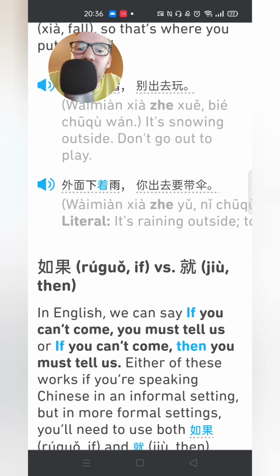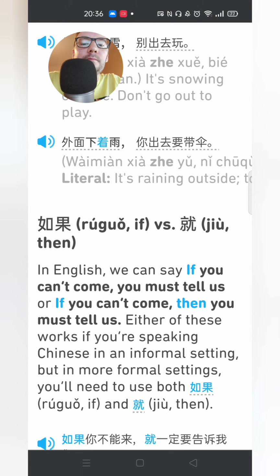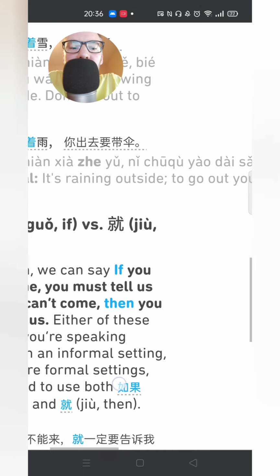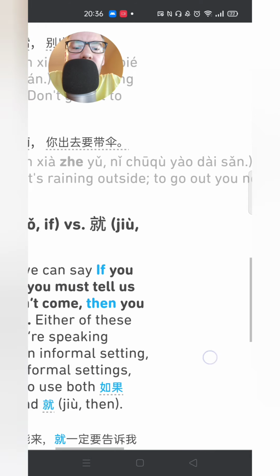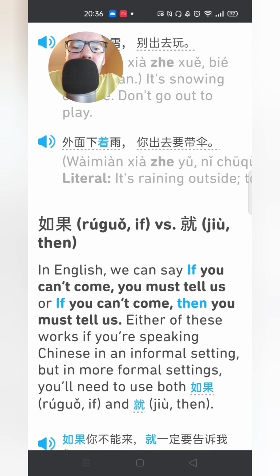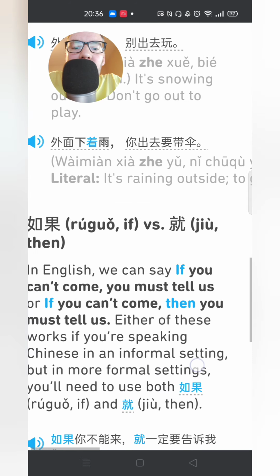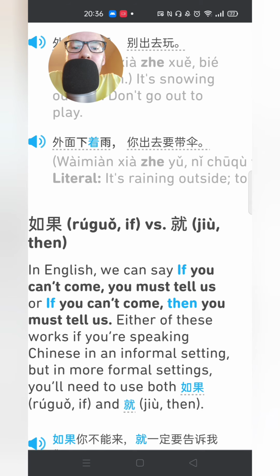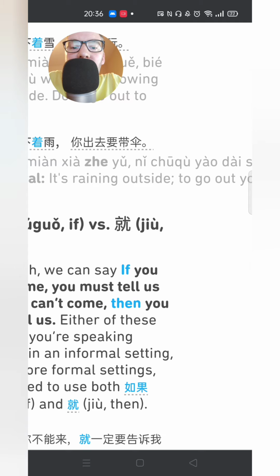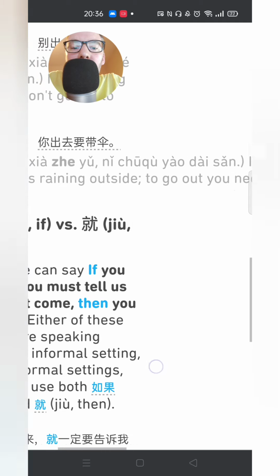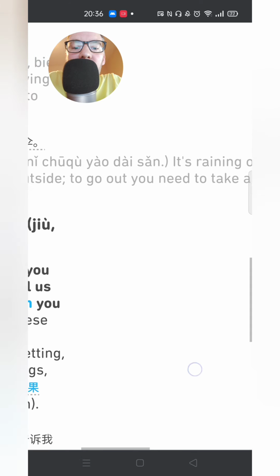It's snowing outside, don't go out to play. 外面下着雨, it's raining outside. 你出去要带伞. You need to take an umbrella.